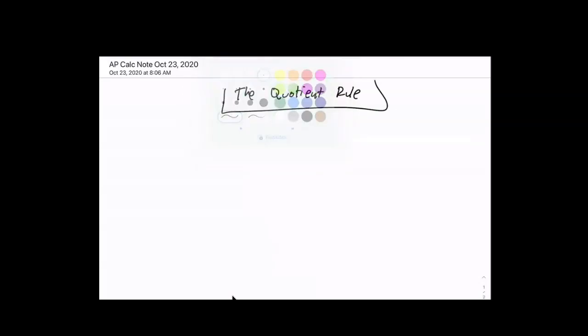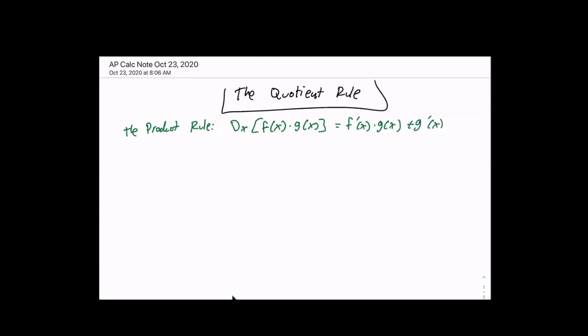As a review, we talked about the product rule, which was such that the derivative of the multiplication of any two functions was equal to the derivative of the first function times the second function plus the derivative of the second function times the first function. Now that you've learned the product rule, now that you've spent 2 days of practice,